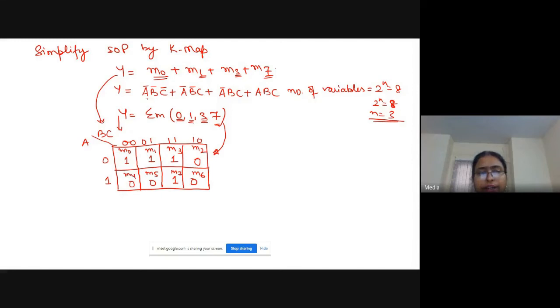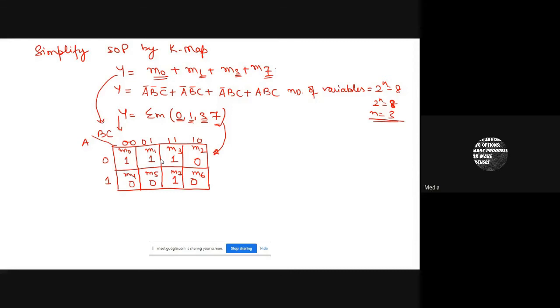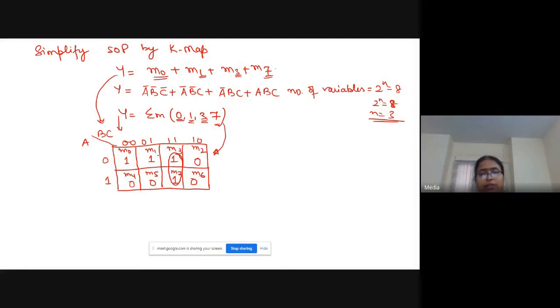Now I have drawn the K-map, I have plotted the Boolean expression in my K-map. Now what is left? It is the grouping of the ones. First of all, octet. Any octet is there? No. Any quad is there? No. So we have to move to the pairs. Let us make the pairs. This is one pair. So our emphasis should be that all ones should be covered. So one pair, these two ones are covered and these two ones are covered.